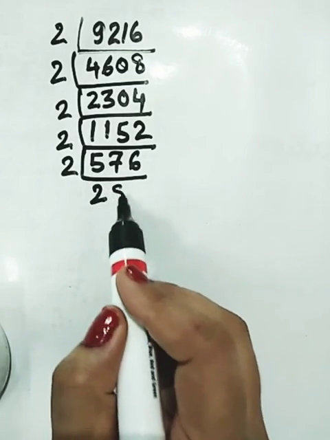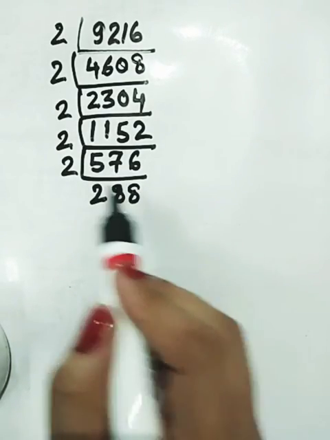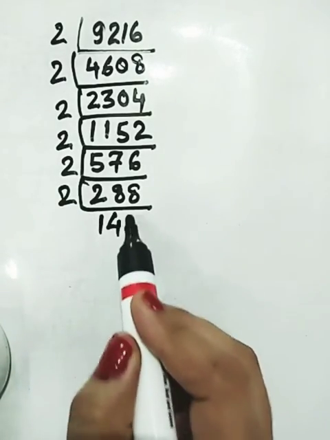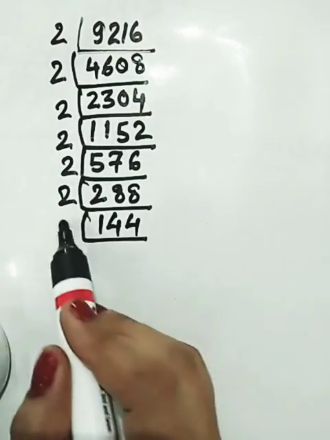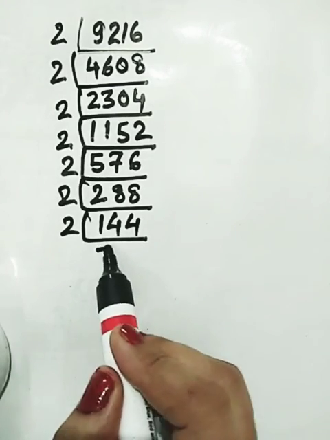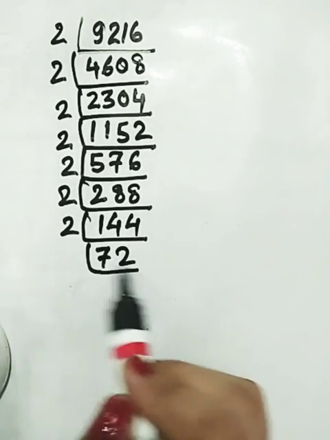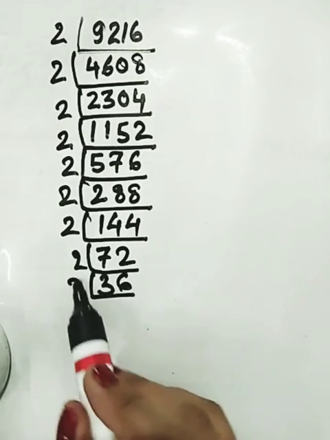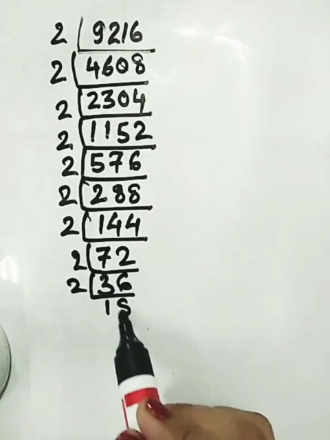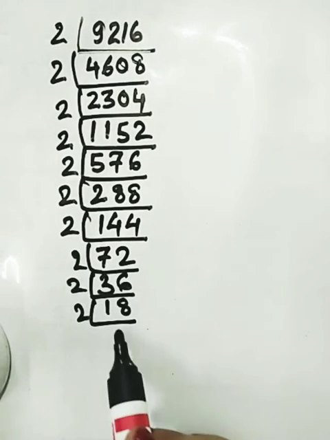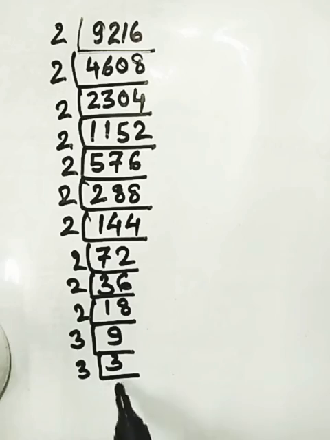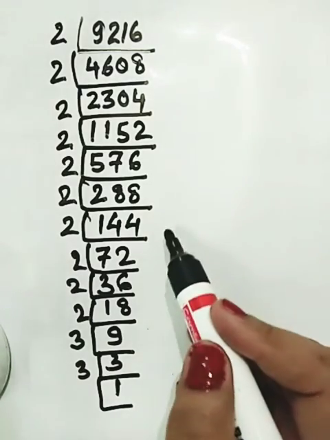17. It will give you 2 8s are 16. Again 2 8s are 16. 2 1s are 2. 2 4s are 8. 2 4s are 8. 2 7s are 14. 2 2s are. 2 3s are 6. 2 6s are 12. 2 1s are 2. 2 8s are 16. 2 9s are. 9 will go. 3 3s are. 3 1s are 3. So what is the square root?